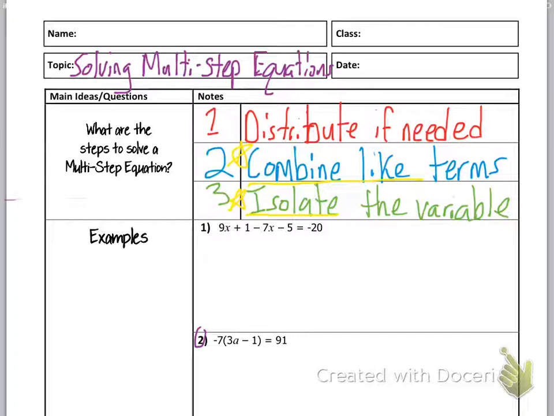So on number 1, I don't have parentheses, so I'm not going to distribute. I do have like terms. I have a 9x and a minus 7x. So I'm going to combine 9 and negative 7. So 9 minus 7 equals a positive 2. So I'm going to have 2x